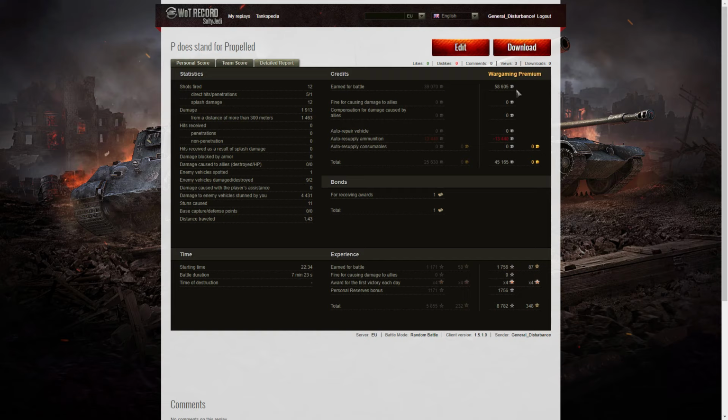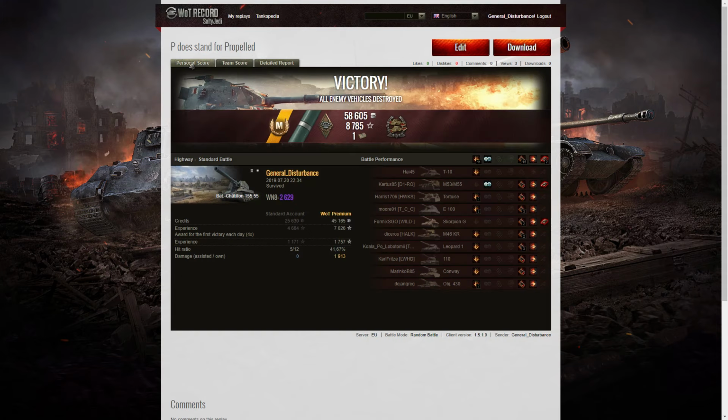On a premium count, I earned 58,605 credits, and after ammunition resupply, took away 45,165 credits. I received 1 bomb for getting the Confederate, and 1,756 XP times 4 for the first victory of the day, and I had a personal reserve bonus running at the same time, so I took away 8,782 experience points altogether. So a very satisfying game, which actually, funnily enough, came about simply because I was taking